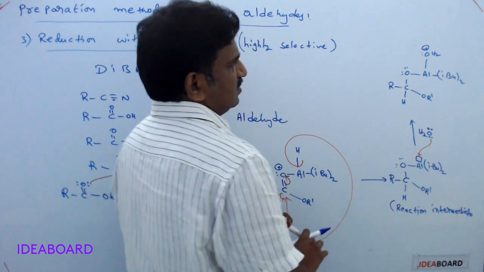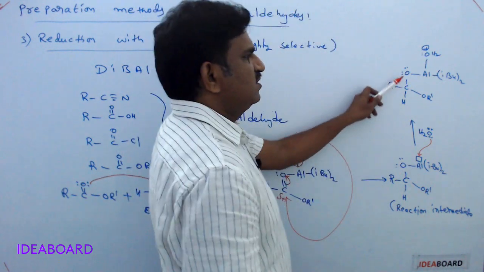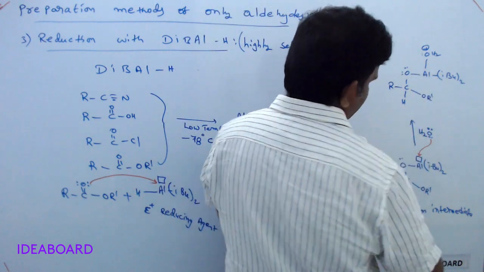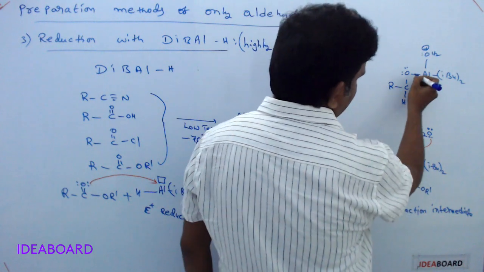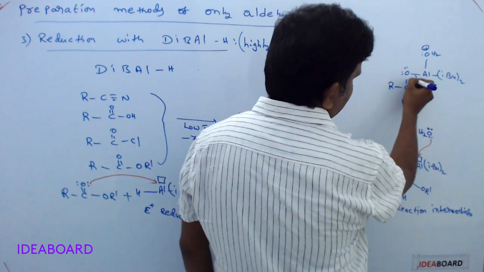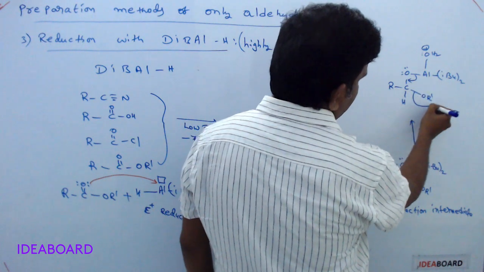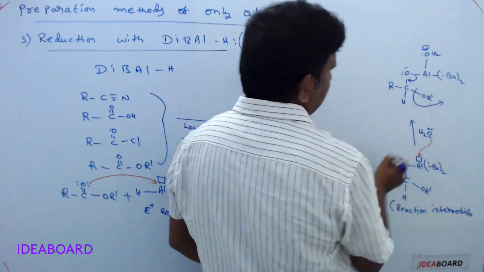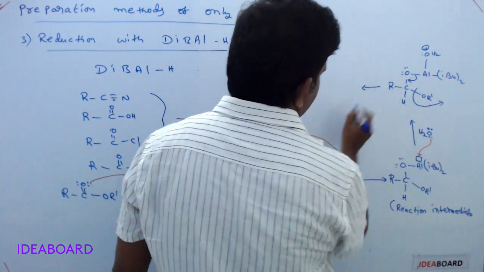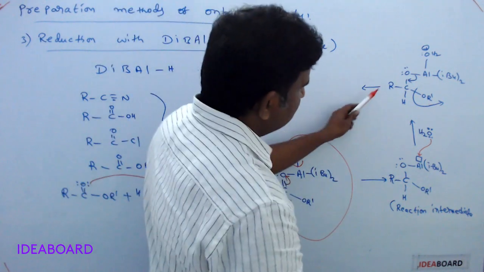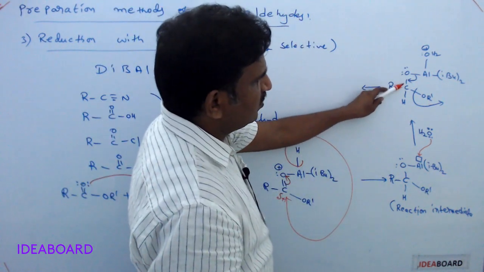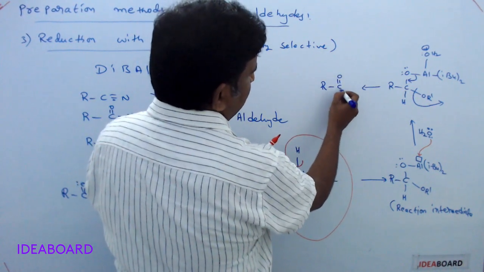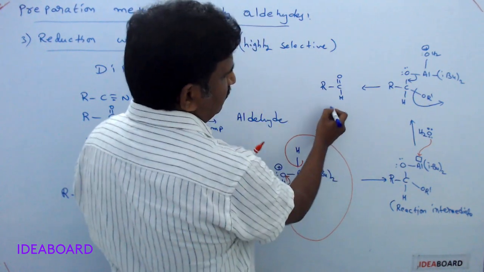Now what happens is, this oxygen is trying to get a pair of electrons by taking this pair of electrons from this, because aluminum has already got the pair of electrons. So this pair of electrons shifts onto this, meaning this bond is completely removed, and then the final product is obtained. What is the final product? What is remaining is R C double bond O H, simply RC double bond OH.